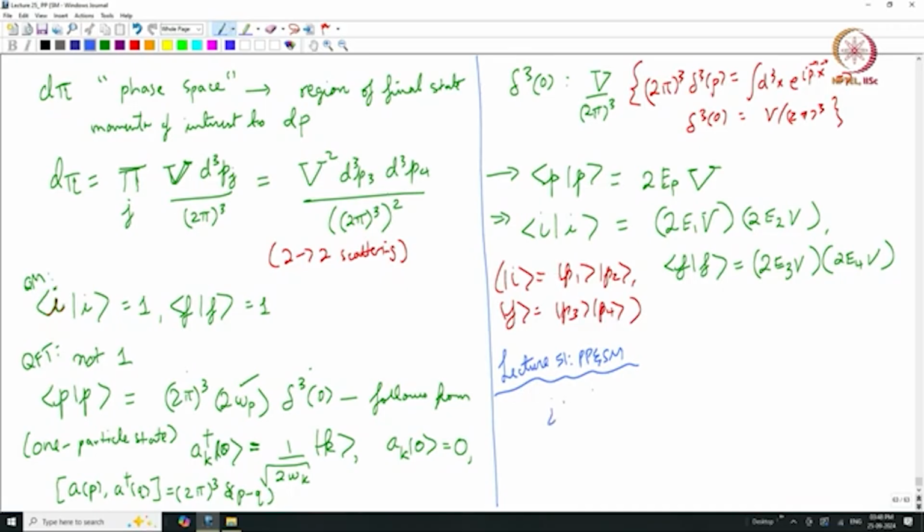So, the transition amplitude, one way to write this is to factorize out quantities like these. The 2 pi to the 4th accounts for some phase space, and then I know that I have to conserve four-momentum in the process. So, I am pulling out a delta to the power 4,